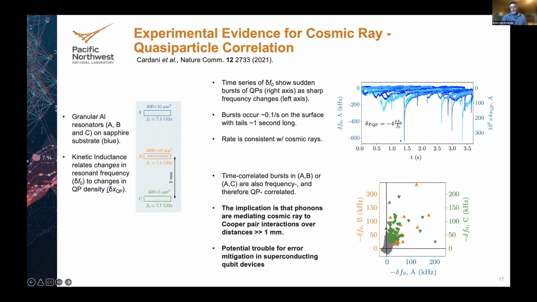Importantly, and this will come up later, they are not independent among the resonators. So what the bottom plot is showing you is, for frequency changes in the A resonator at the top of the device, what's the frequency change you see at the same time in the B and the C resonator further down. And you can see on that plot, it is not just random, there's a clear correlation. So if this is really cosmic rays hitting anywhere on the chip, they're tending to affect the devices everywhere on the chip.